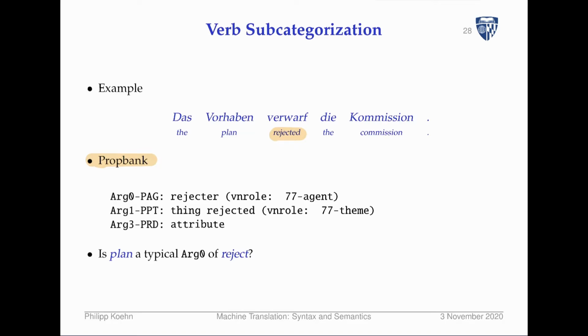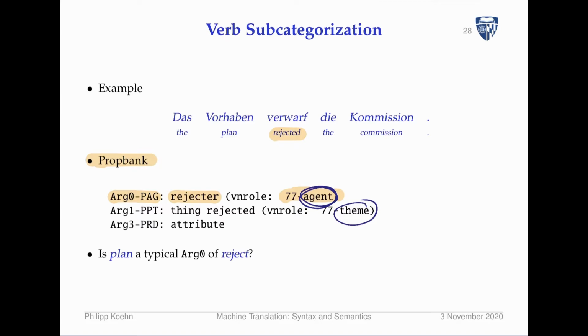Okay, so there's a PropBank that just says that here is one possible subcategorization frame for the verb. It has one argument, which is the rejector, which can also be framed as a generic form of agent. So these things got names. You can call some of these roles agents and themes. However, in PropBank,